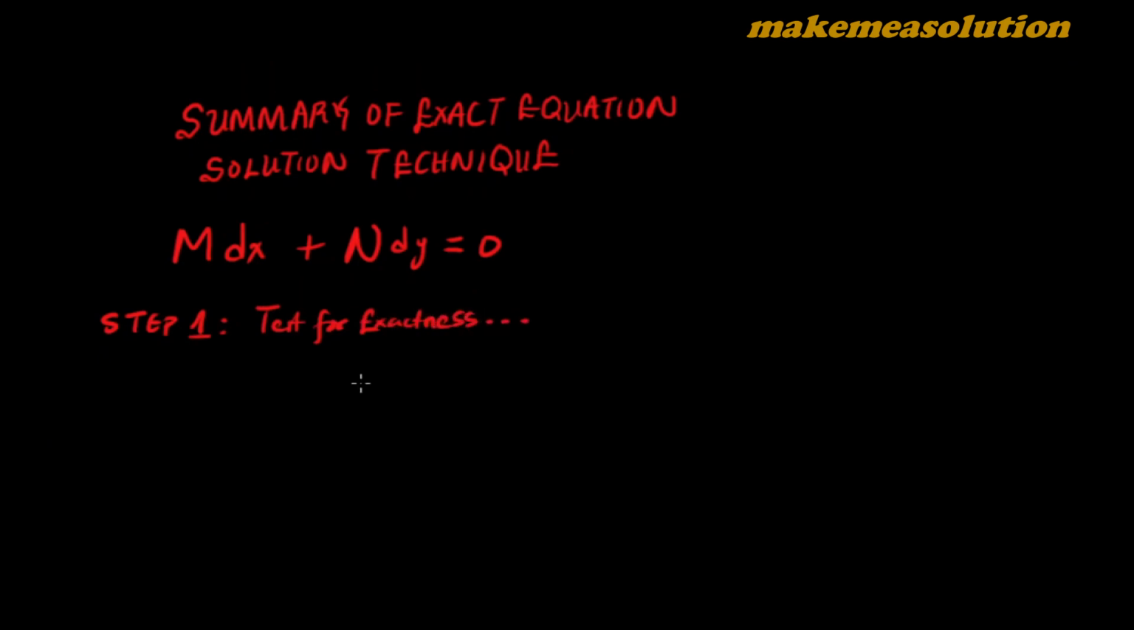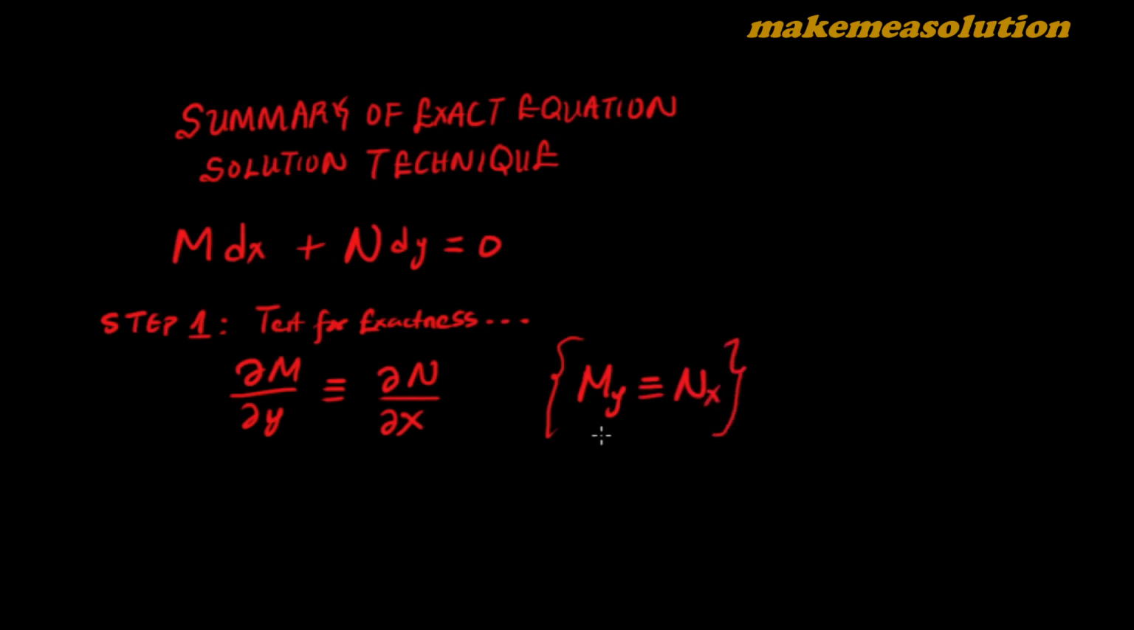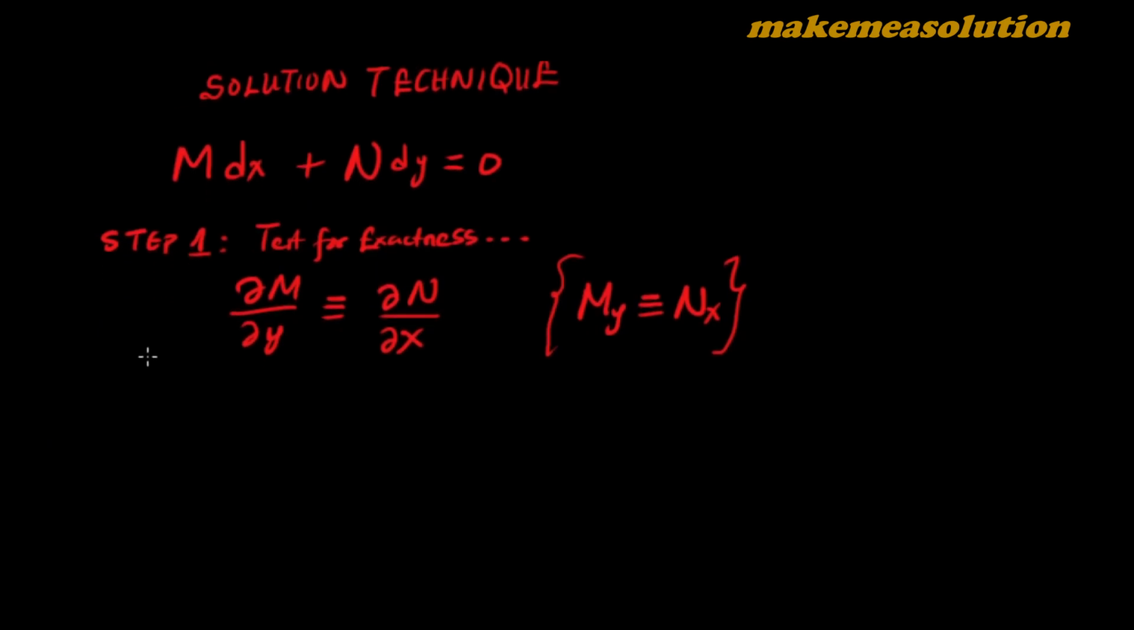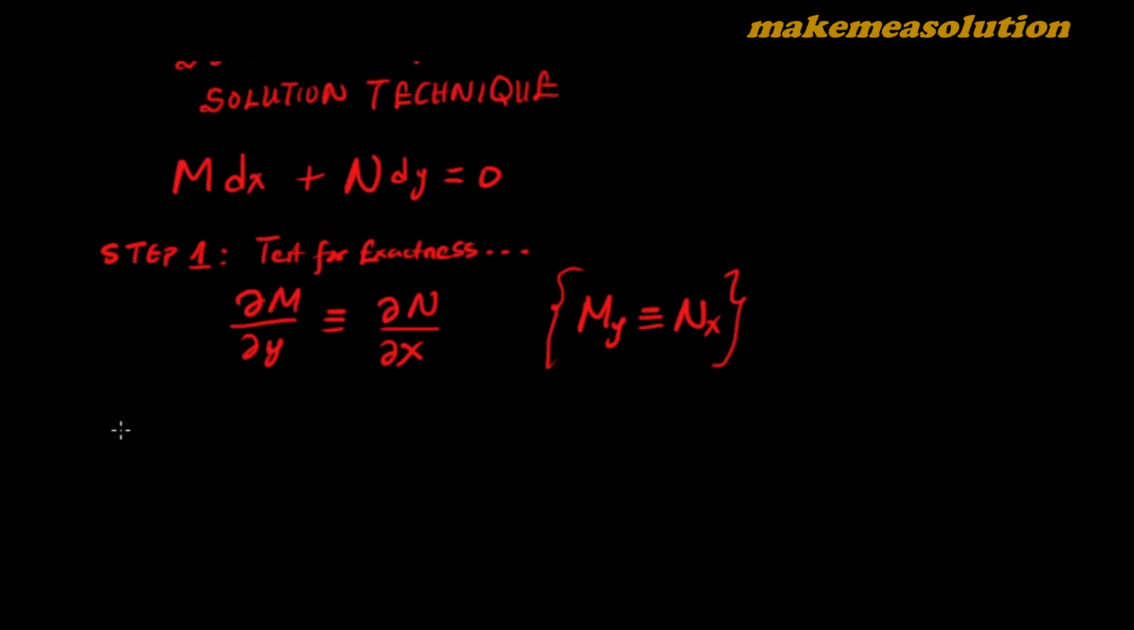And in testing for exactness, this criterion must be satisfied: the partial derivative of m with respect to y should be equal to the partial derivative of n with respect to x. So there should be symmetry. Other people write this by saying m subscript y is equivalent to n subscript x. So there must be symmetry between your m_y and your n_x terms if this equation must be exact. So this is the first criterion that must be satisfied. After you verify that this differential equation is exact, step 2